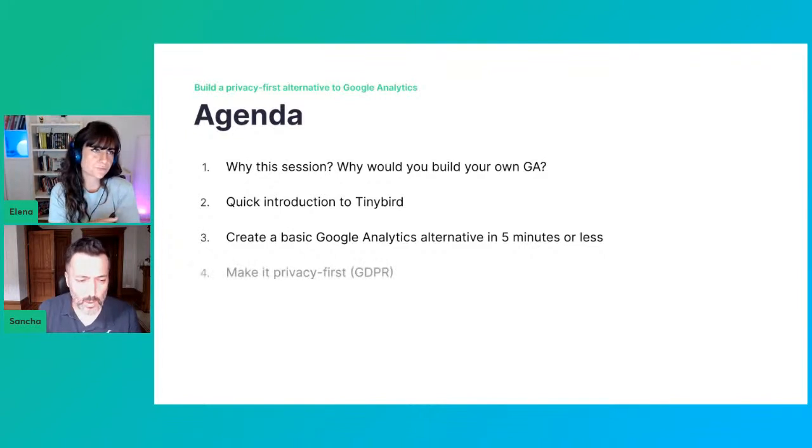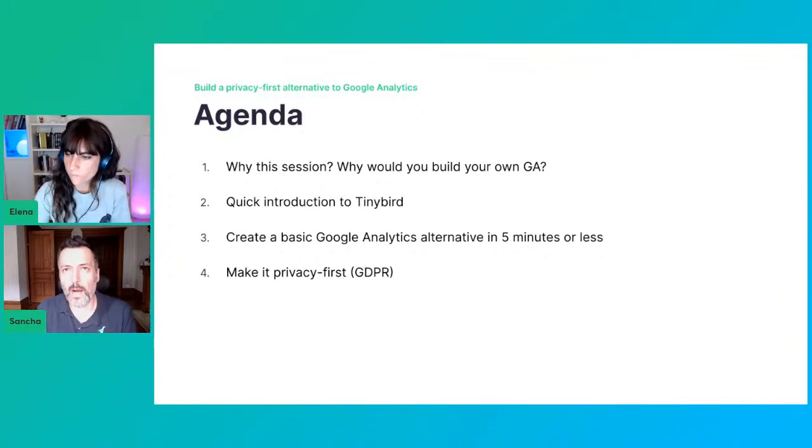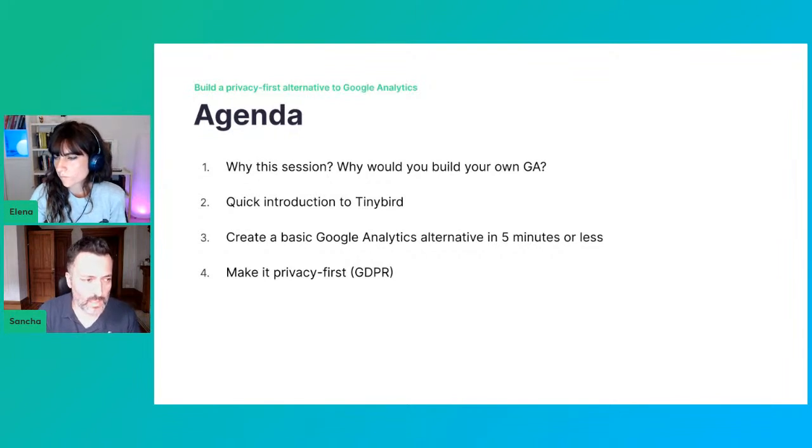And then we will do some things to make it privacy first and talk a little bit about the sort of things you need to bear in mind to be GDPR compliant and, above all,